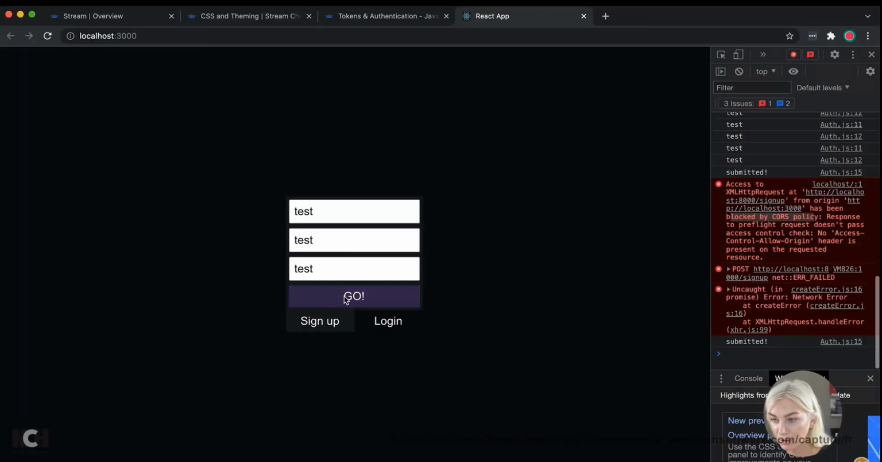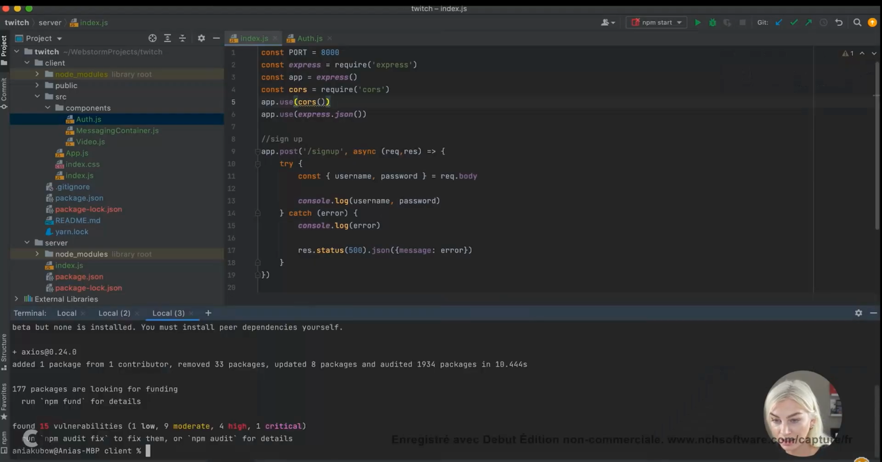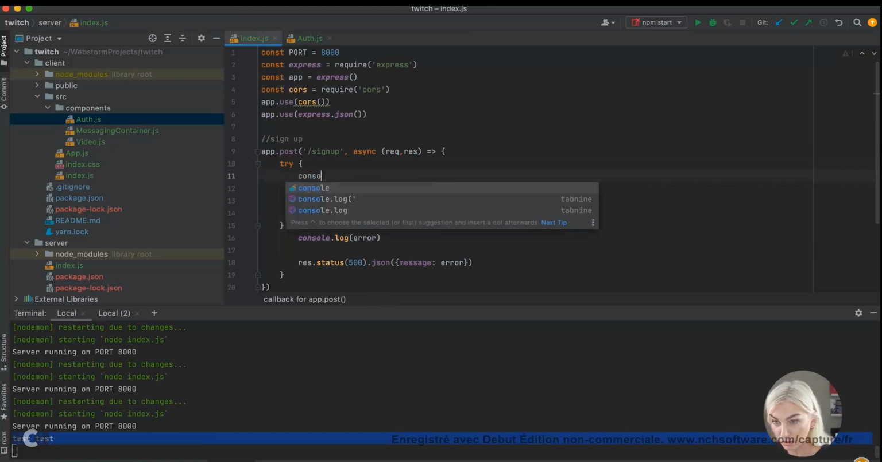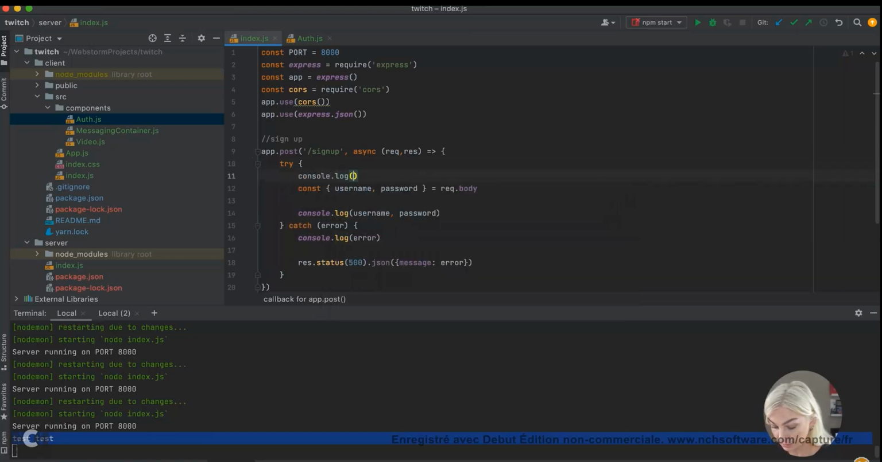Let's try again. Go. So that is submitted. And now if we look here and look in the back end, so let's get rid of that now. There's our front end, there's our back end. You will see the username and the password are showing up. So we are passing it through with the request body. We're passing through the username and the password. If I actually console log out the whole request,